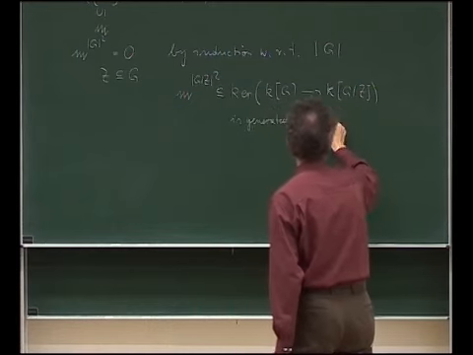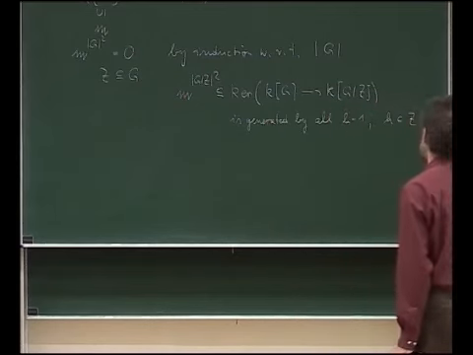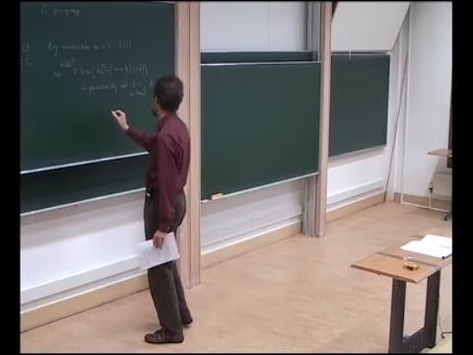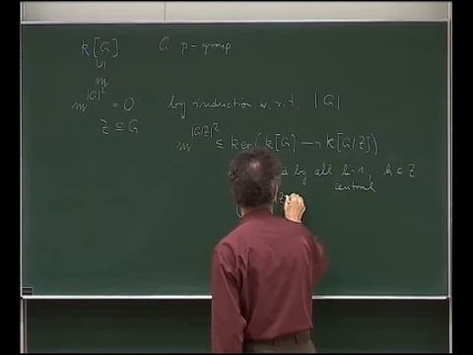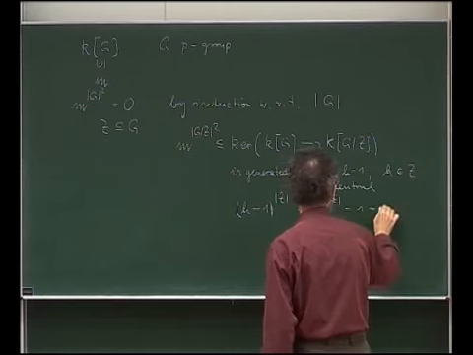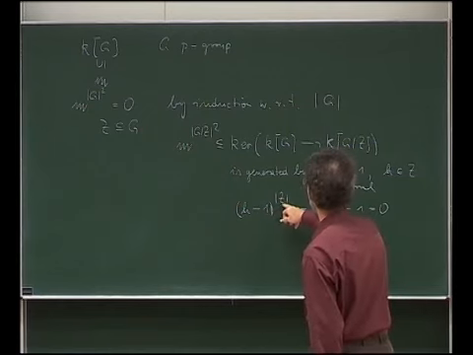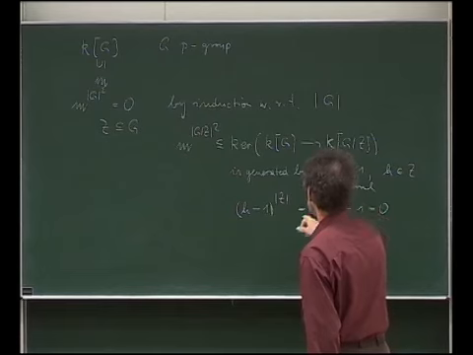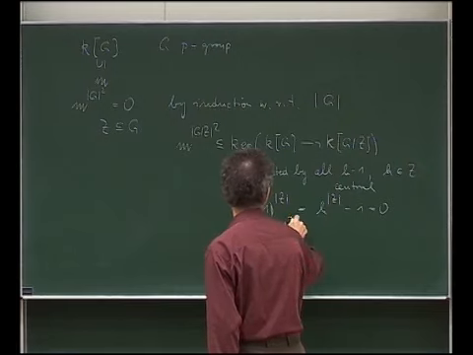And on the other hand, this kernel is generated by all h minus 1, where h runs through the center, and now they are central. So here this stupid mistake does not hold, so I have (h minus 1) to the order of the center is 0. So these elements, the generators, are all killed, and now, because they are central, right,